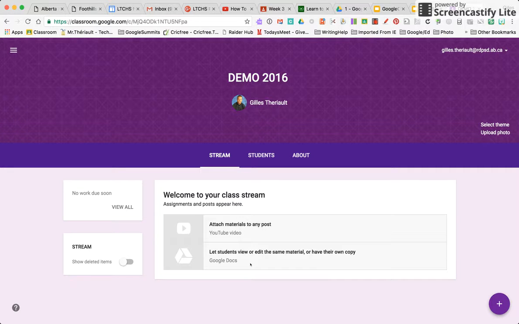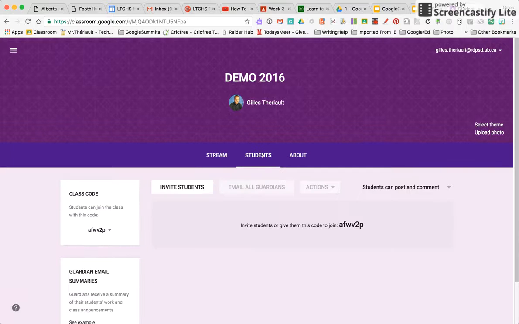This is where you're going to share your assignments, your announcements, your question if you want to, and that's where it's going to happen. In here, students, you click onto the students tab, then you have a little bit more options. So the first thing is that if students want to sign up for your class, the easiest way to do that, and that'll be another part of another video, is that you have the classroom